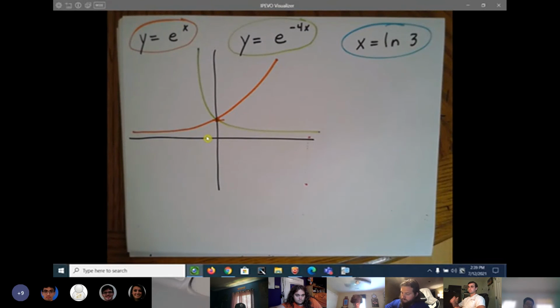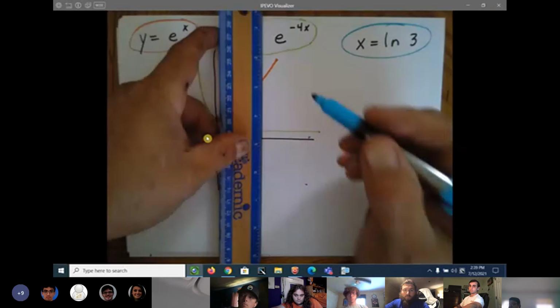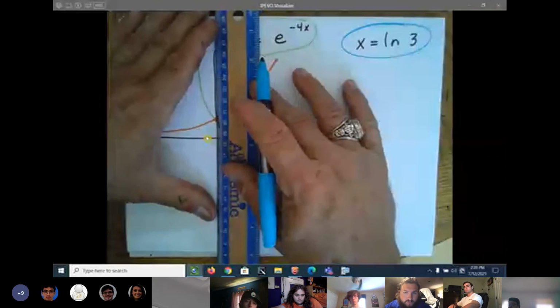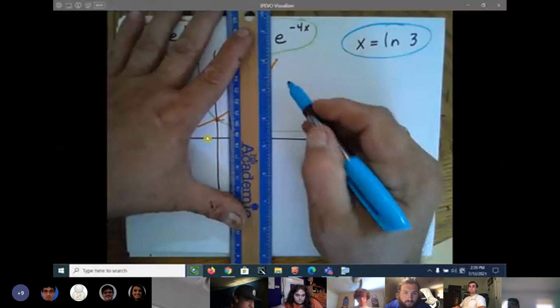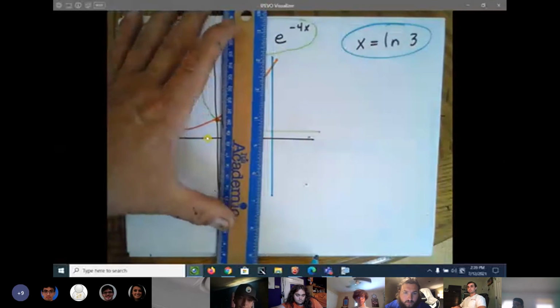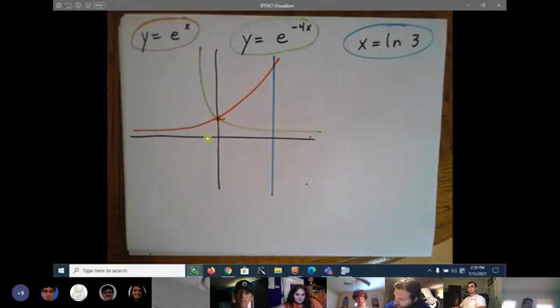And then where is the natural x is equal to the natural log of 3? What is that? Somebody tell me what kind of line that is. X is equal to a number. It's vertical, parallel to the y-axis. Parallel to the y-axis, Hubert. That's right, class. That's some of that algebra review that I gave y'all a long time ago. So the region that they're wanting